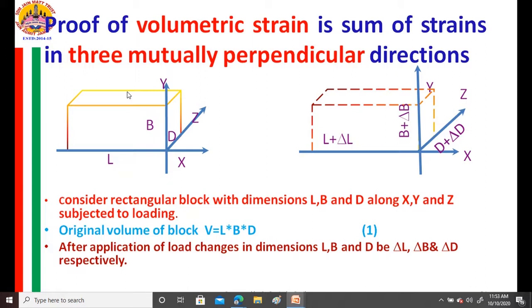Friends, if in your mind L is increasing, B is increasing, D is increasing, how is it possible? Where are you getting the extra mass from is the question. If that is the question, you are right. But here they are just changed; they do not necessarily increase or decrease. That actually depends on what is happening there. If del L may be positive, the value of del B may be negative. It is to be added. Like that you need to remember it. Right? So, a rectangular block, before going for this revision, if at all you are having any particular doubt here, you can ask it.